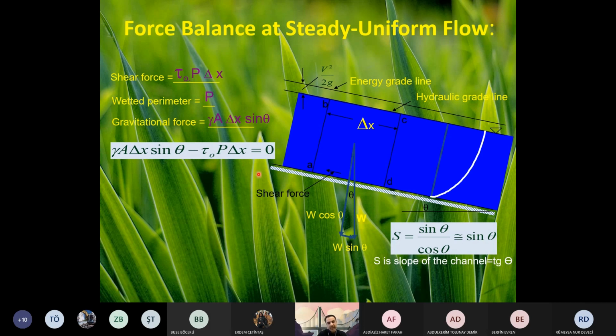Okay, here is an element, and now instead of delta X, for the entire length of the channel, assume your uniform flow is in a canal with 1000 kilometer. Just write here 1000 kilometer times sine of theta. What is the sine of theta? Slope. Yes, sine of theta is slope. Even S equals sine of theta is the slope of the channel, minus